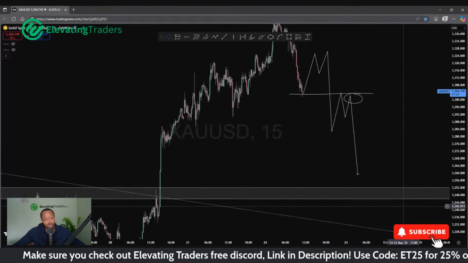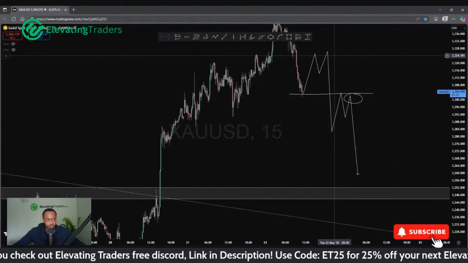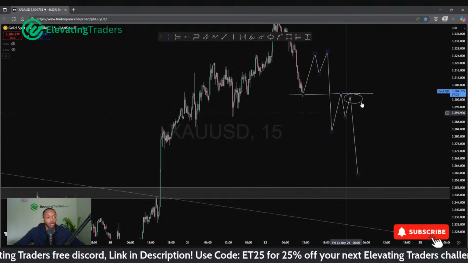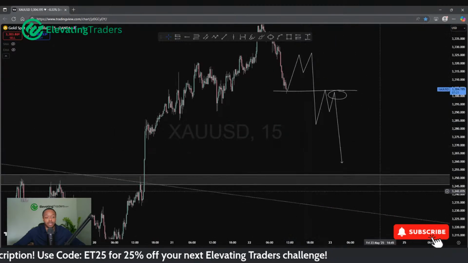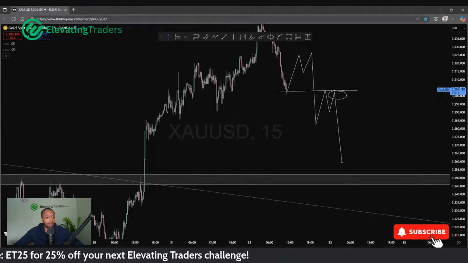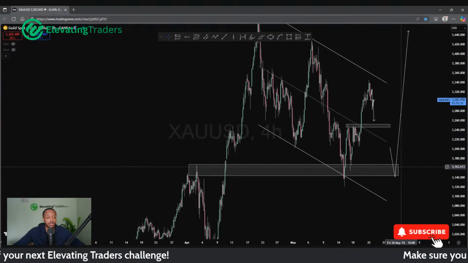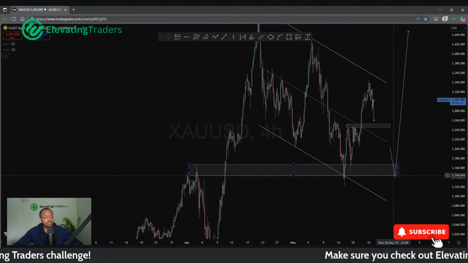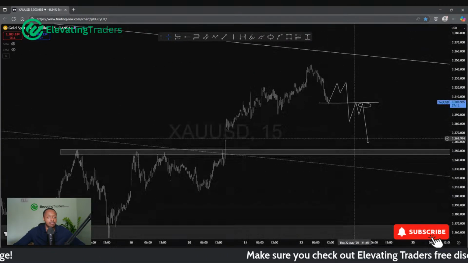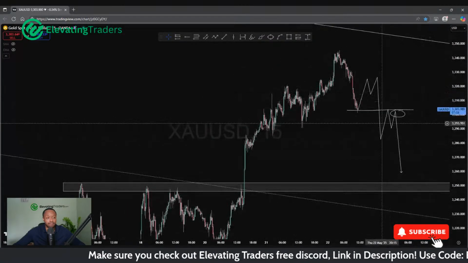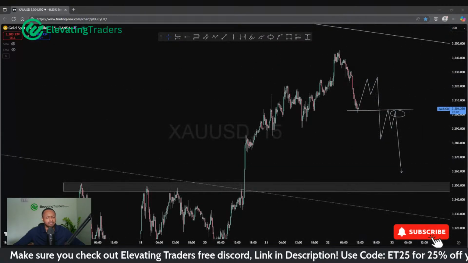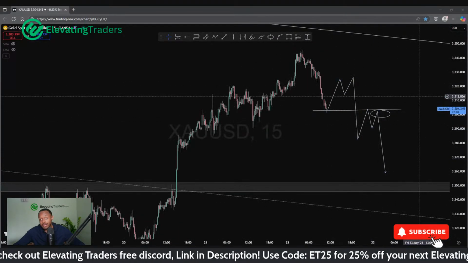But if we are going to retest 32.50, we have to, of course, get there. And on the way there might be some nice shorts to take. So I'll keep an eye on that. I still think 32.50 is a great buy. And I still think this level here is a great buy, but of course, we're nowhere near there. And on the way down, especially in the 15, there might be some shorts to look after. But that's the best I've got for gold on 15s.